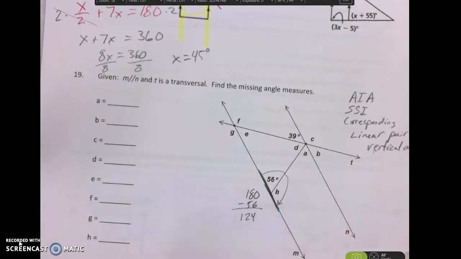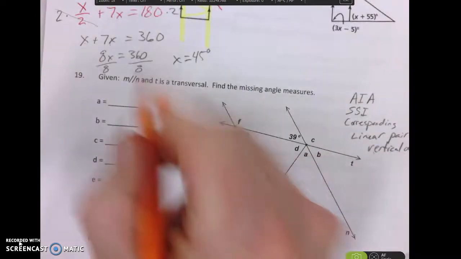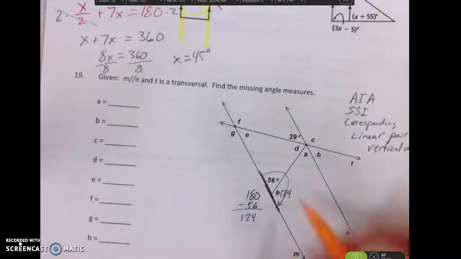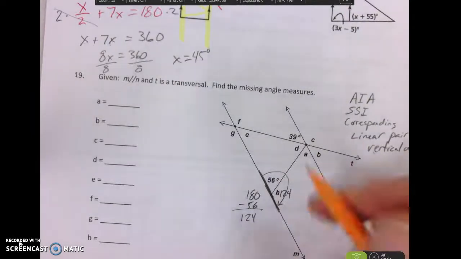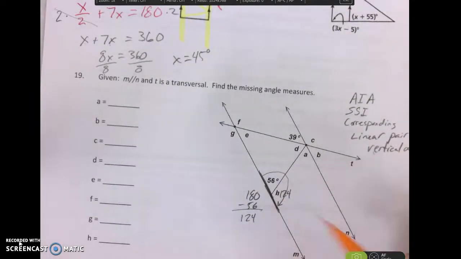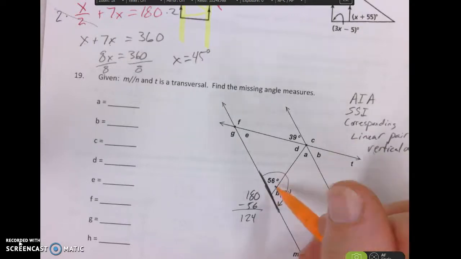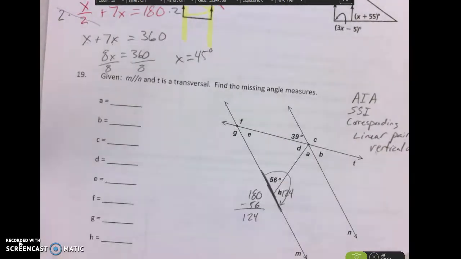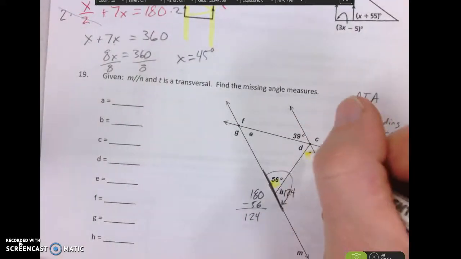Now, this is where I'm going to help. By the way, I'm going to write 124 here. I'm not even going to worry about all of these over here yet. But the 124 here. Now, I'm going to look for either same side interior or alternate interior. I like doing alternate interior better because they're equal. So if I take this angle here, which I'm going to highlight, and this angle,